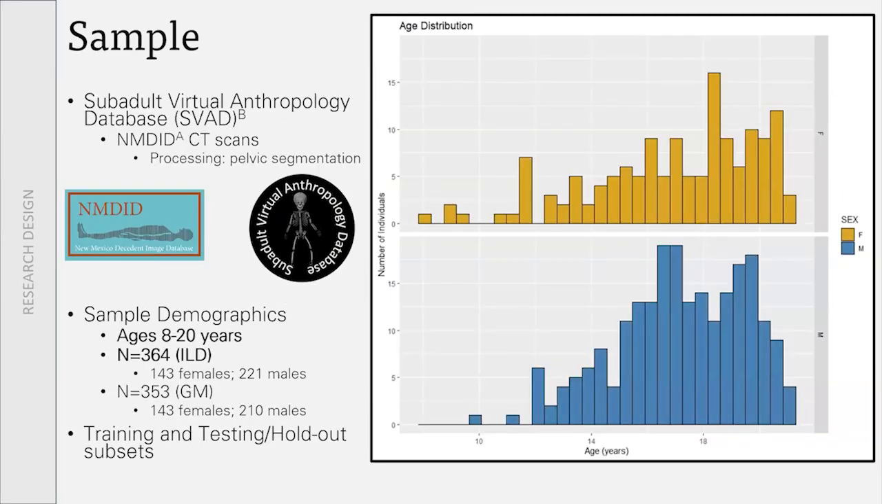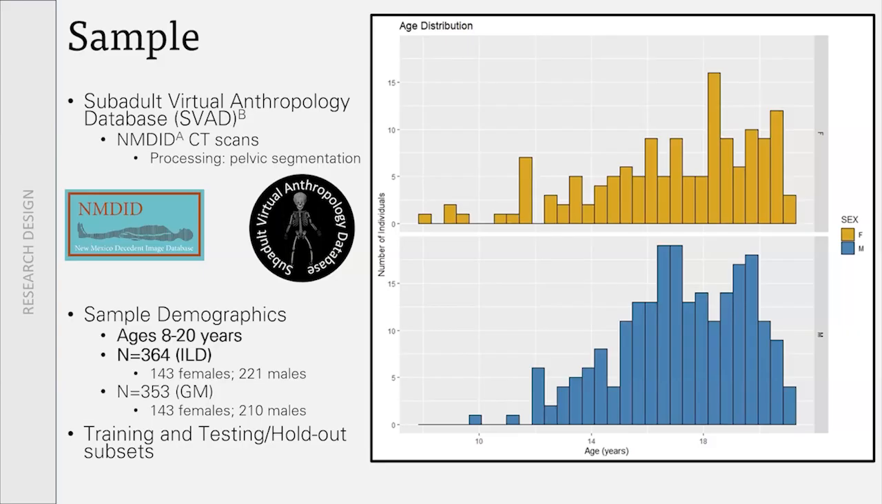CT scans were collected from the Subadult Virtual Anthropology database, which was originally sourced from the New Mexico Decedent Image Database, or NMDID. Both of those databases are results of previously funded NIJ projects. NMDID is a virtual repository of full-body CT scans collected from the medical examiner's office and includes individuals who died between 2010 and 2017 in New Mexico. The reported demographic information, such as biological sex assigned at birth and chronological age, were included with the anonymized CT